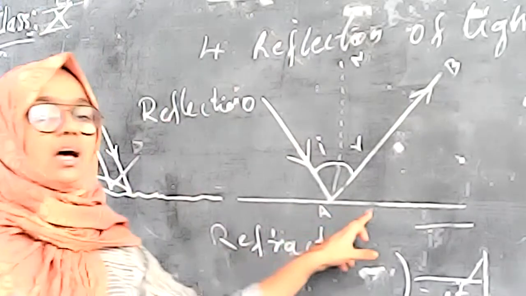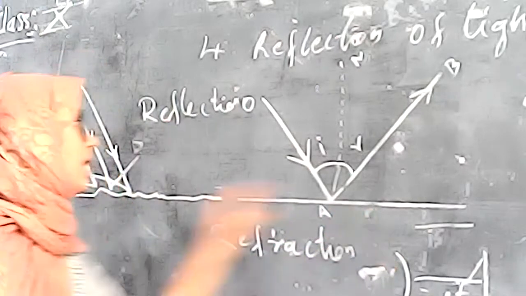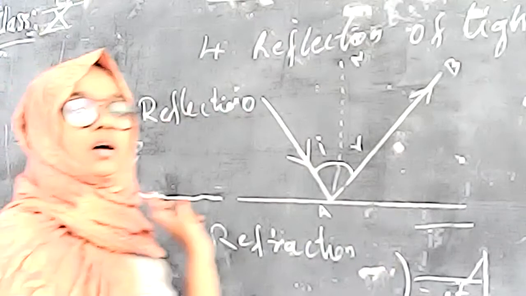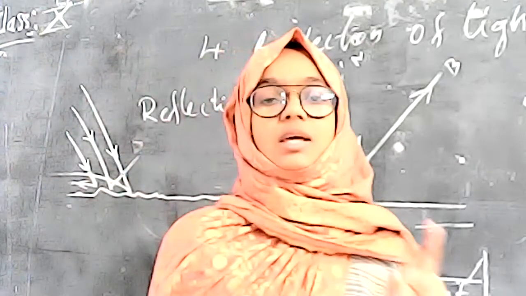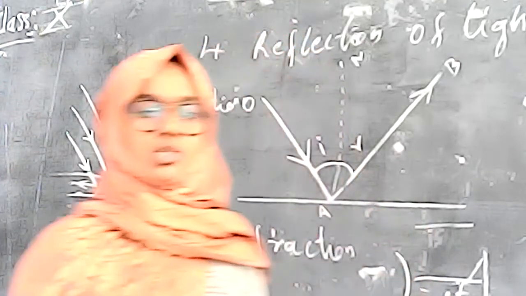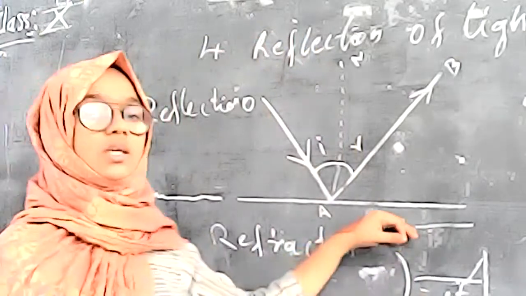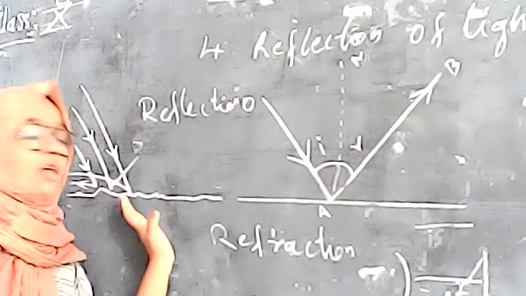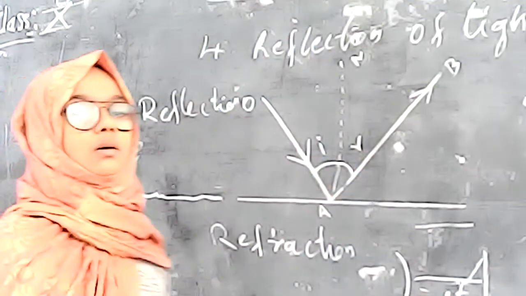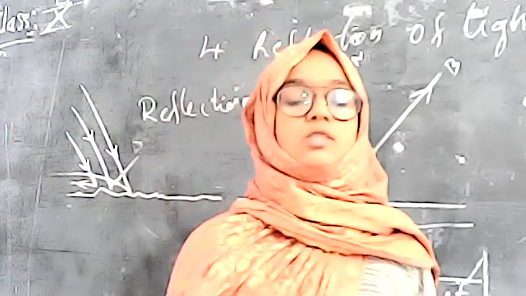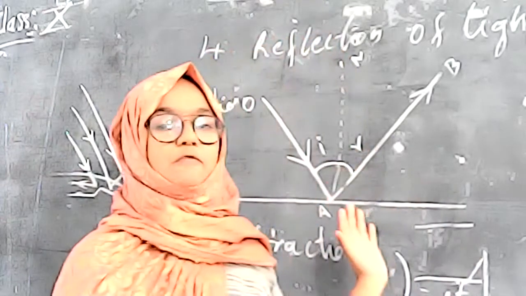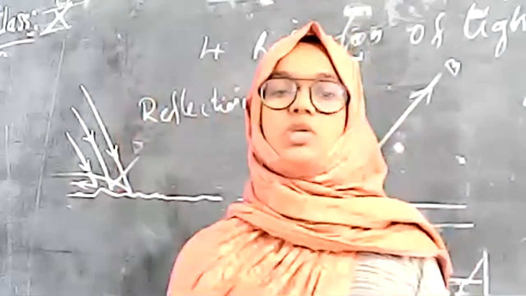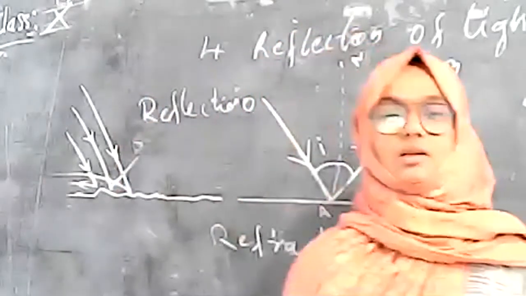A smooth surface has regular reflection, and a rough surface has irregular reflection. There is bouncing back of rays, but the reflection is irregular. So a smooth surface shows regular reflection and a rough surface shows irregular reflection. Based on this, the incident ray, reflected ray, angle